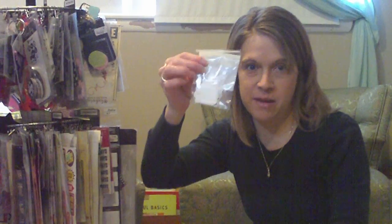Little journaling cards. I'm a big Jenny Bolin fan. Whenever I can afford to do a monthly kit from Jenny B, she always has little journaling cards and stuff. Little tags. Does anybody remember this phase? I quit using these things forever, and now I use them with my scrapbooking, but I also, when we discuss